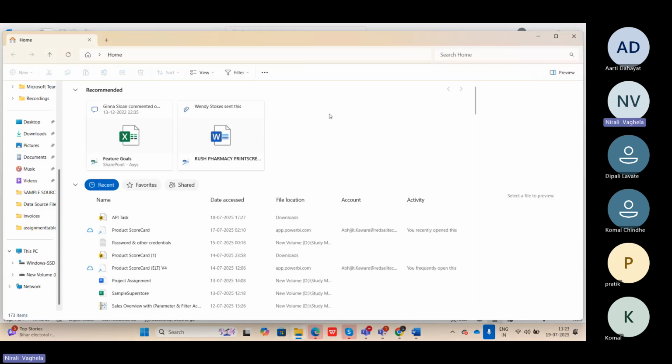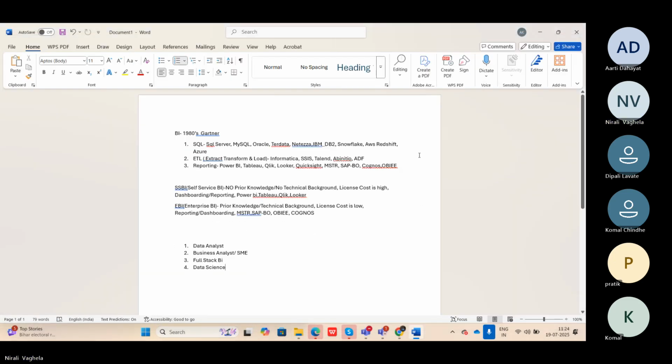Okay, so from tomorrow we can start with that. First of all we can do the installation, and tomorrow I can tell you about the architecture, how the process runs in a company, how each and every developer will be working, and how the team will be set up. I'll just give you an overview of that, and then we can start with some hands-on exercises.